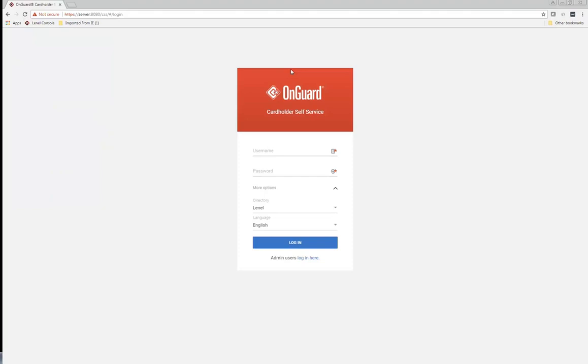Cardholder self-service uses an HTML5 browser-based interface, eliminating the need for software installation and upgrades on cardholder computers, and can be used throughout a supported web browser on a desktop, laptop, or even a tablet. Cardholder self-service is one of several modules available with OnGuard version 7.4, each of which extends the flexibility and capability of the OnGuard system. So as I log into the cardholder self-service portal here,